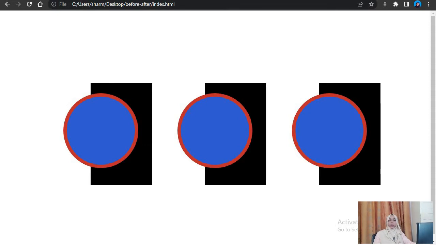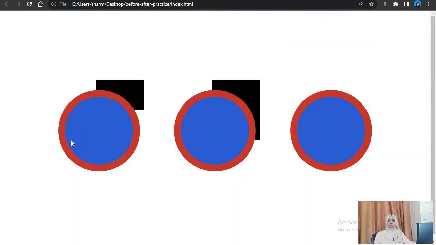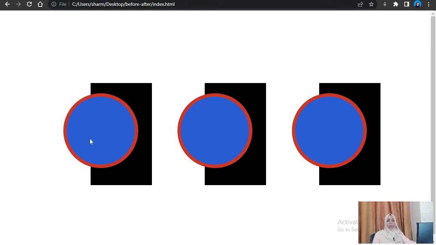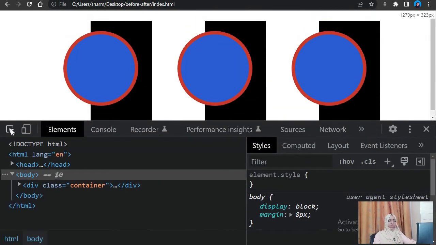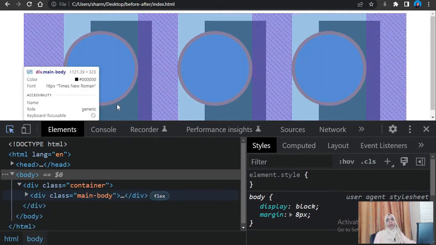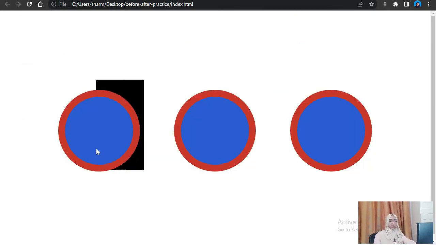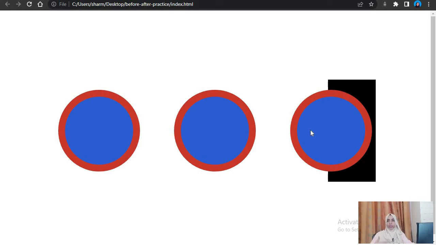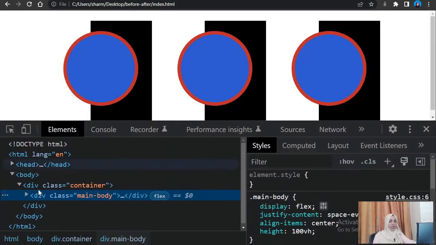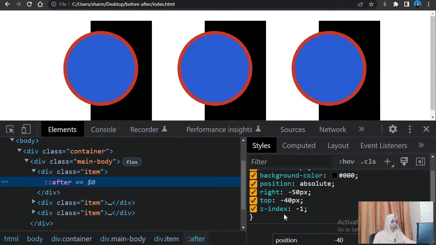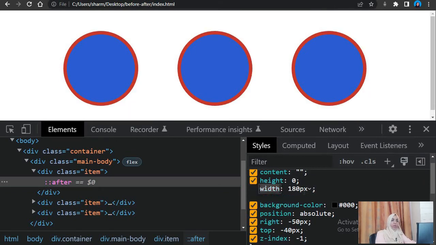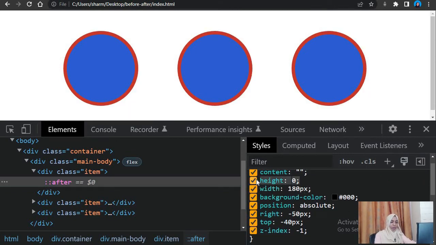Okay, but right now this is not the effect that we are getting, right? This is what we want to achieve. So now we don't want this to be visible when the page loads. Okay, so for that what we can do is, there are many things, right? We can do display none, or we can give it an opacity of 0, or maybe you can give it a visibility of hidden. But here, as we want this effect, we will play with the height of the element. Okay, the height of the pseudo element. So this is the height, right? So we go to our pseudo element after, we give it a height of 0. Okay, 0 pixels. We start with a height of 0 pixels over here.